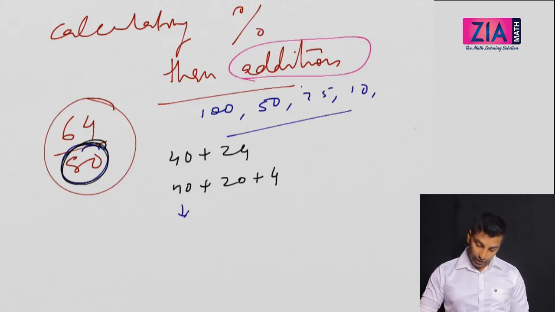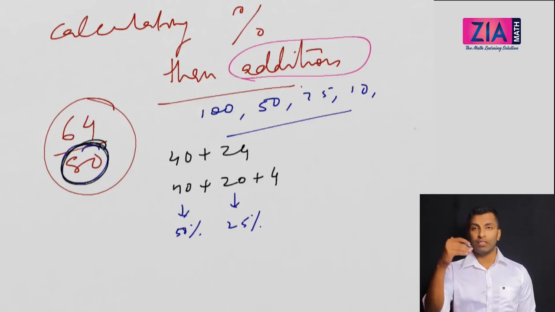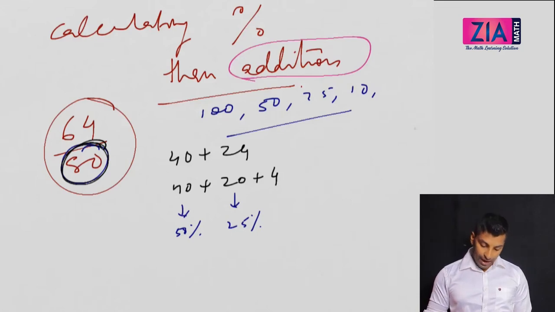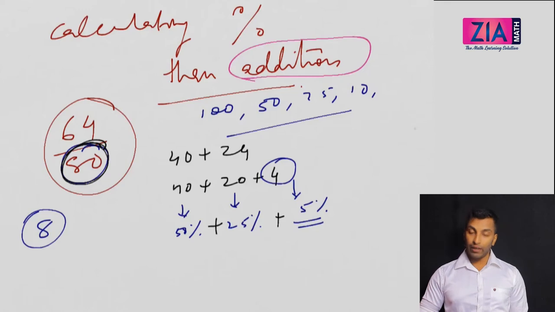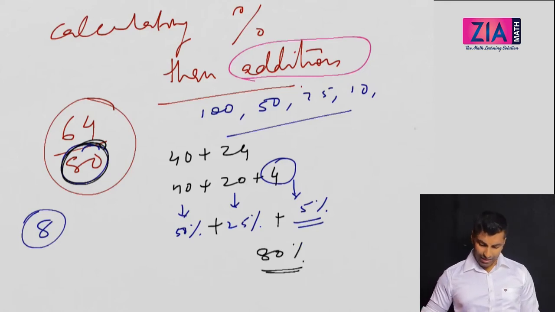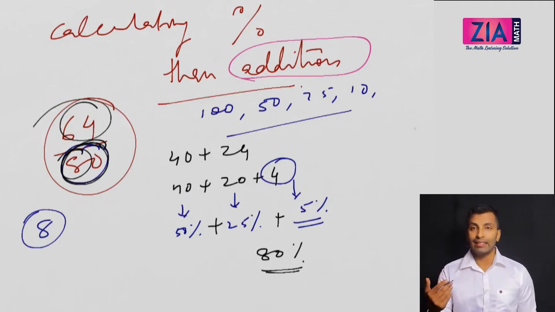So we know 40 is nothing but 50%, and 20 is actually 25% of 80, that means 1/4 of 80. What is 10% of 80? 10% of 80 is actually 8. So what is 4? 4 is going to be 5%. If you add this, you will effectively get 80%. Otherwise also you can get it, because 8 into 8 is 64. You can get it easily, but I have just taken a very simple example so that you will understand